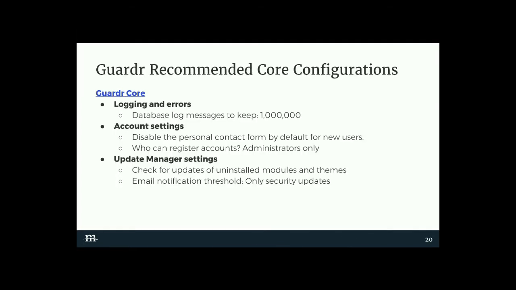As far as security features, one of the neat things is some recommended core configuration settings, and this is done in the Guardr core module through Config Factory. We did this in 7: we're logging to Watchdog. If Watchdog is used, we move it to keeping 1 million entries. If you keep 1,000 entries, that's the default for Drupal. That can work, but that makes it really hard to audit. It's a shallow log. Obviously, it can get even worse if you have a lot of PHP errors and things like that. So it's good to always check those errors and make sure those logs are clear,